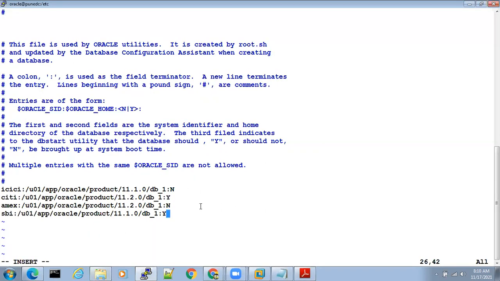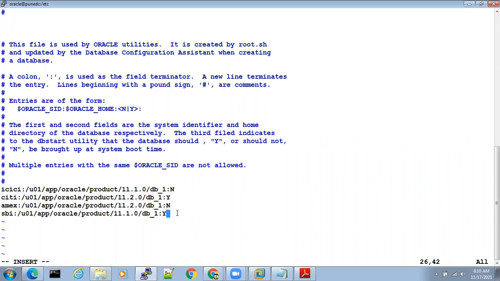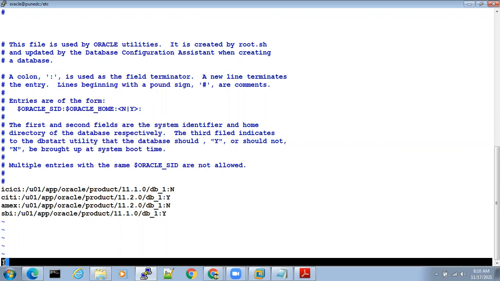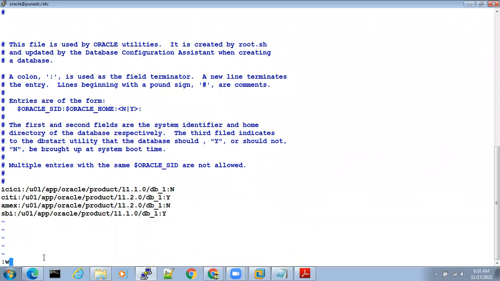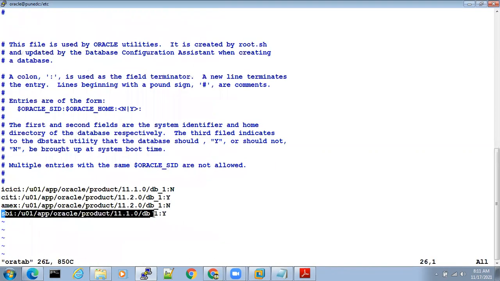Now you need to save the file. How do you save a text document? Just by clicking Control S, or you went to the file and saved in Windows. In the same way, how to save this? Listen carefully. Escape, colon, WQ, exclamation mark. The file is saved. You can open the file and see, the line is saved.